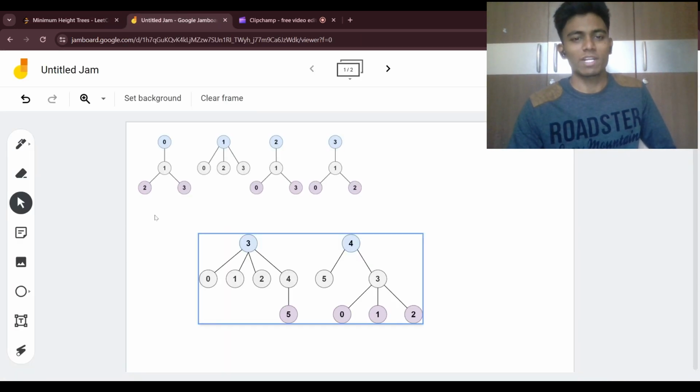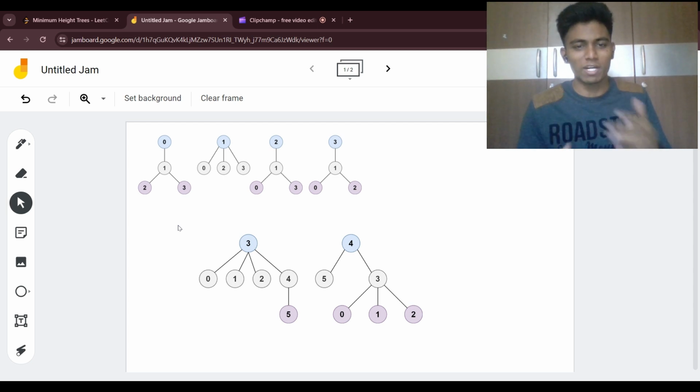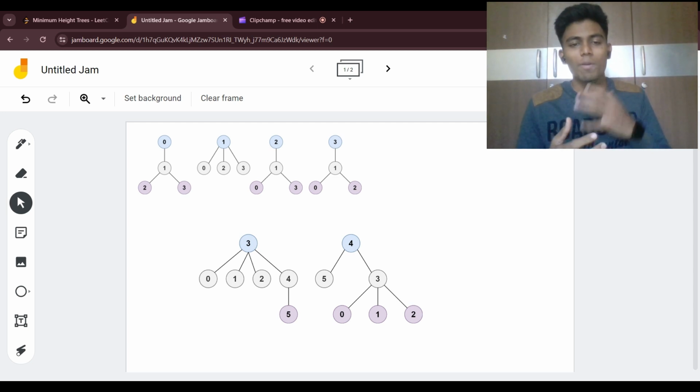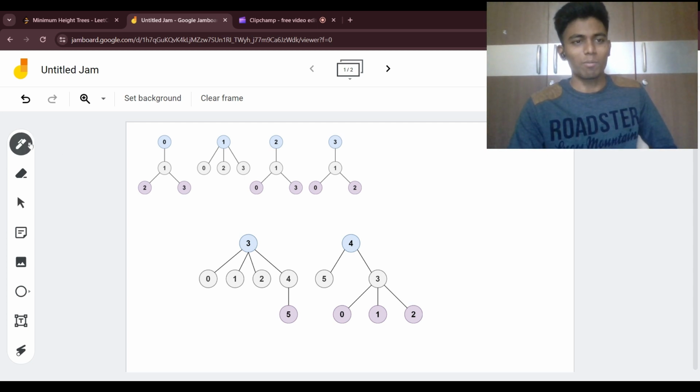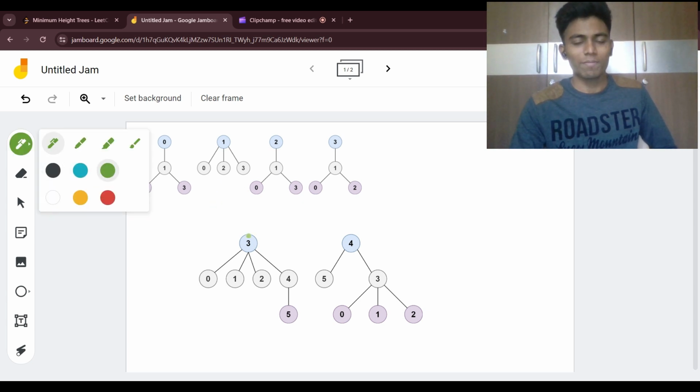So if we take these examples, we need to find the roots of this particular tree such that we'll have the minimum height present in this tree. And if we come to the first approach, suppose we want the minimum height, we can consider different possibilities. Suppose I consider